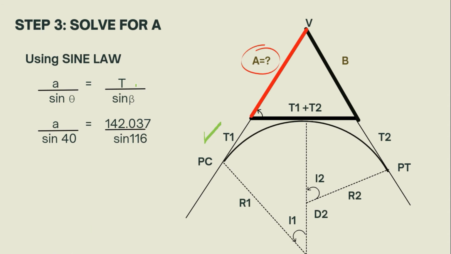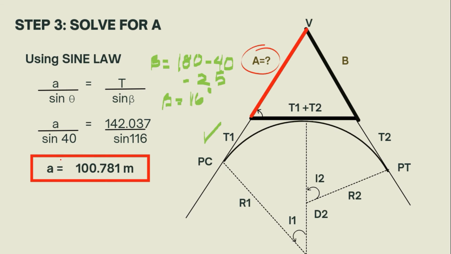For beta, we solve 180 degrees minus 40 minus 25 degrees, which gives beta of 116 degrees. For theta, we just place in 40 degrees and we can now get the value of A of